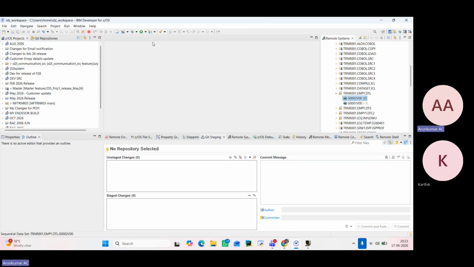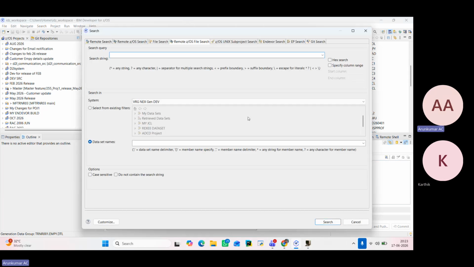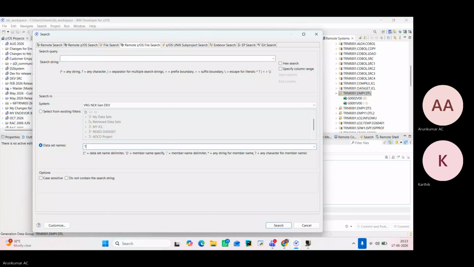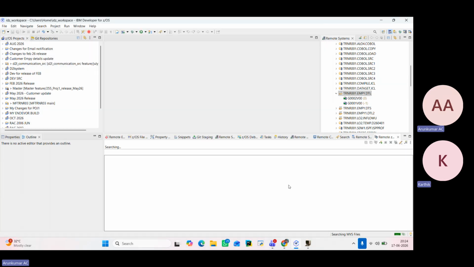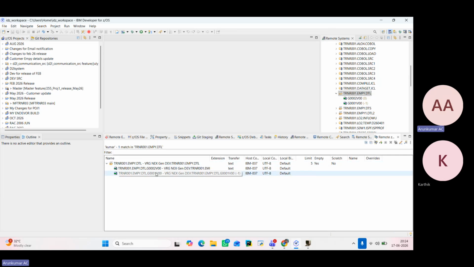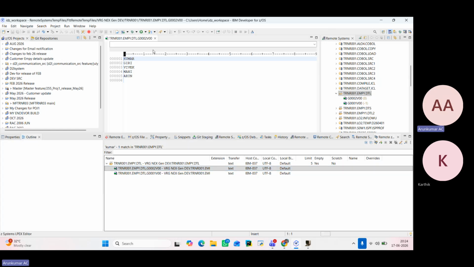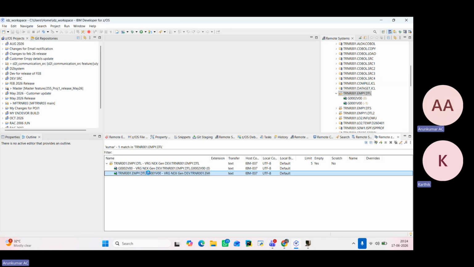If I do a search on this data set, I can just give this data set name, and then say comma, and do a search. Then it will start searching the files. Now it has already found the files. In both the files, it's there. If I double click on this, it will directly open the file from here. And then you can find Kumar. Likewise, if you do it in this file also,